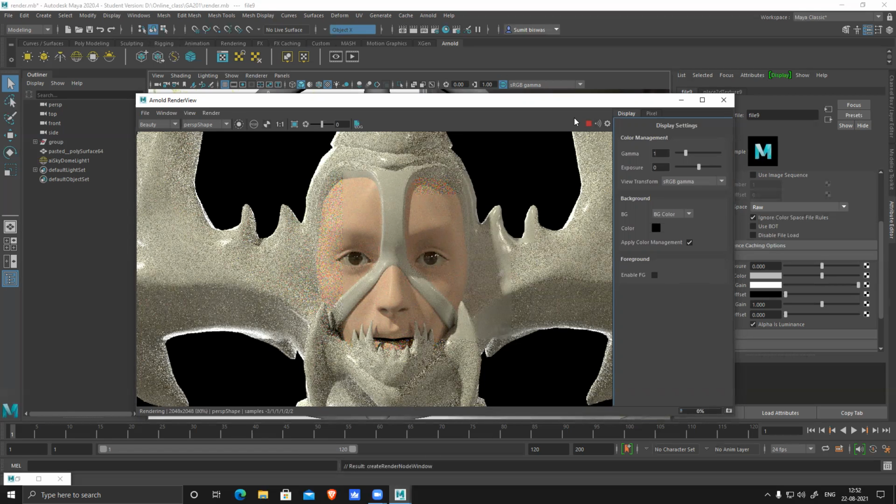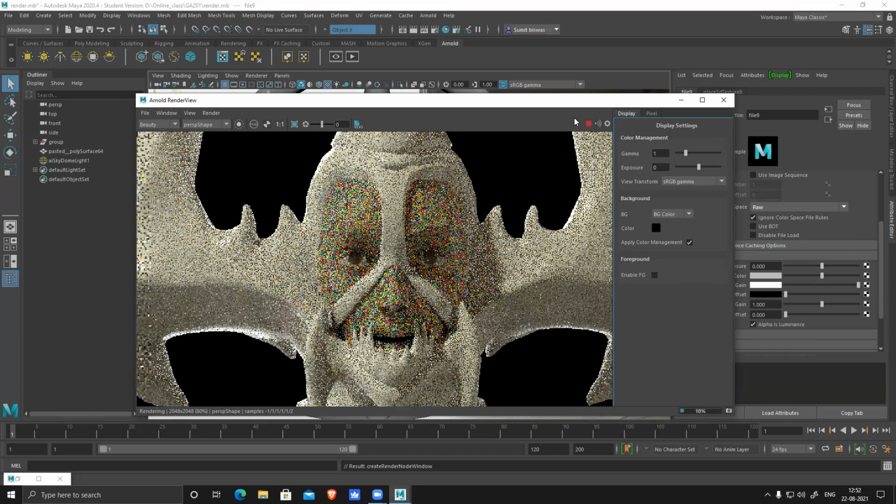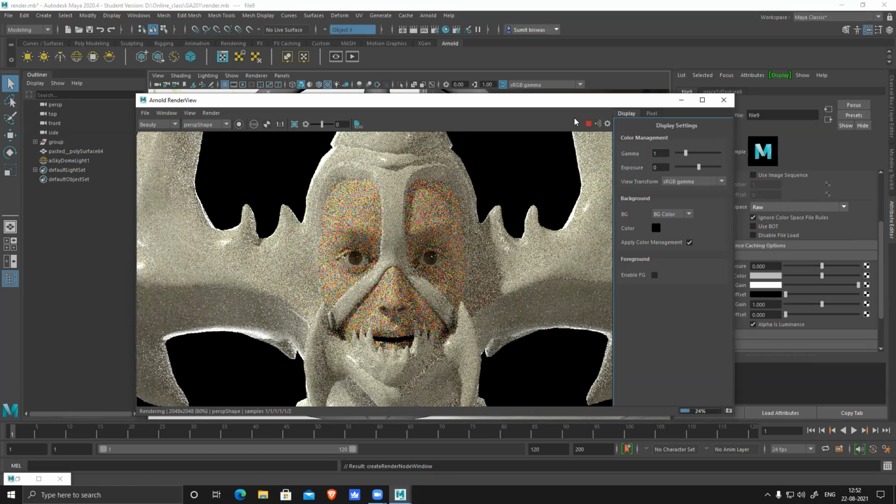Sir, I unwrapped my model in Max. The low poly FBX that I have, sir, can I now, I have to fix the face a little bit, the area around the eyes. The retopo is not proper, so I need to fix that. So if I import that file into Maya and redo the face, will it affect the UVs and all, sir?